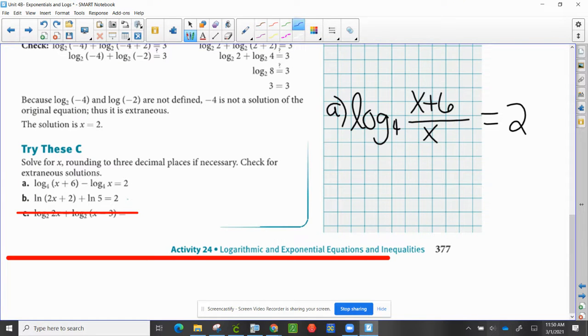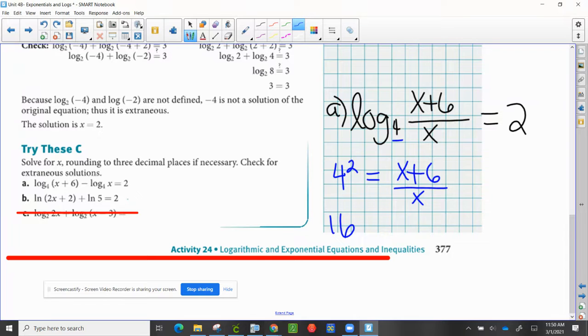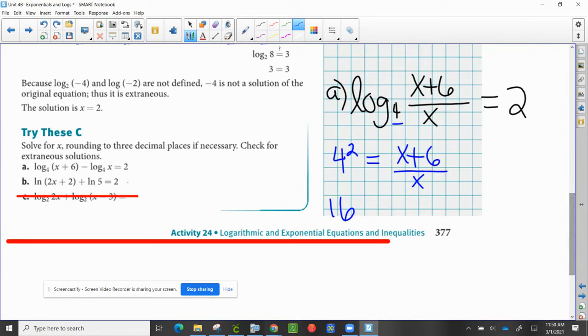Okay. Now I'm going to rewrite this using exponentials. So my base is 4. So 4 to the second power is equal to x plus 6 over x. Now we know 4 squared, that's 16. We'll run out of space here, that's okay. Is equal to x plus 6